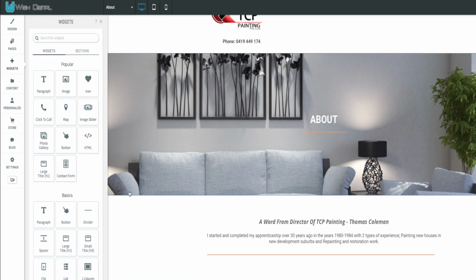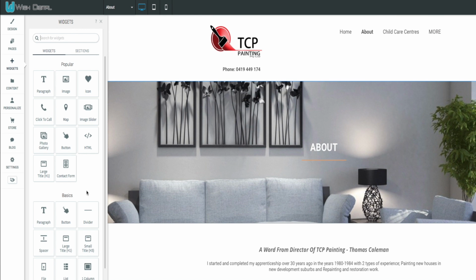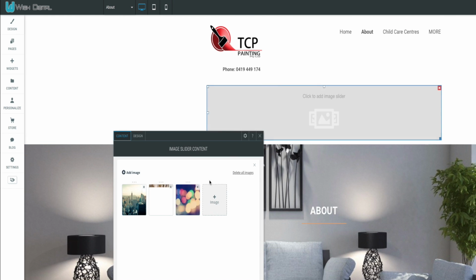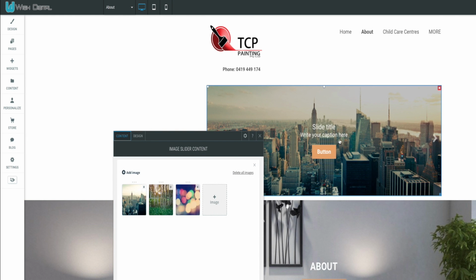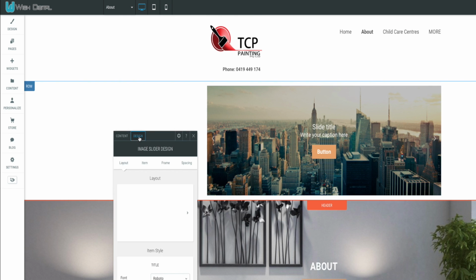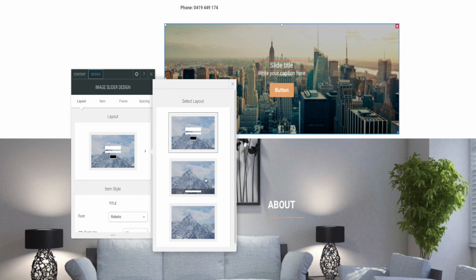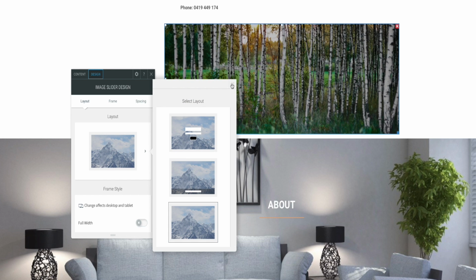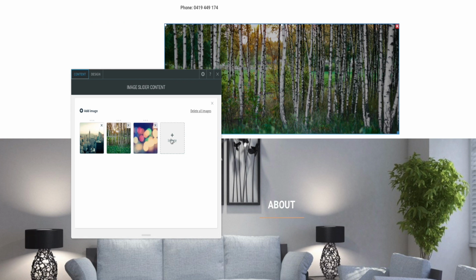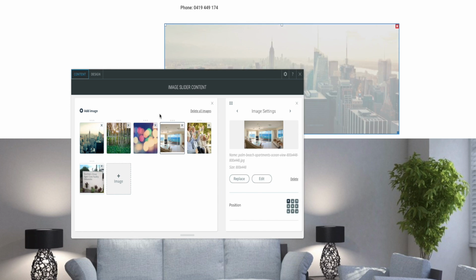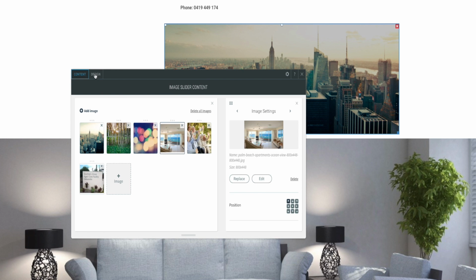Now, the sites that we build, you're able to add images, image sliders. For example, here's an image slider here. We'll just drag that there, and insert that there, and then you can basically create the buttons, or we'll just go design and we'll get rid of those buttons. So we'll just have it without the buttons. It's nice and simple. And we can add some images. So we'll just add some preloaded images here. Okay. And then we click on the design section,